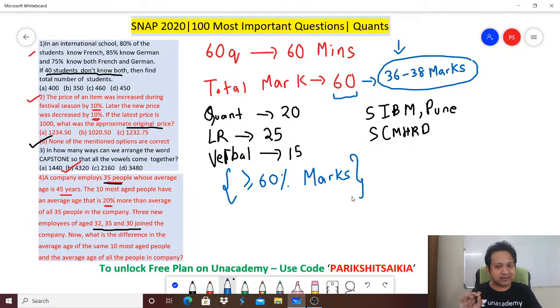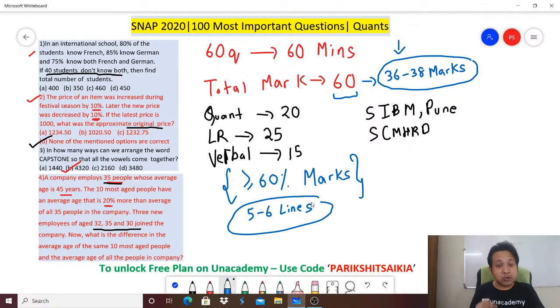And another thing I must tell you here, if you are serious about choosing the easy questions, do not attempt anything which is 5-6 lines long. Some of the questions in the SNAP are 5 to 6 lines. You need to be smart and leave out these 5-6 liners, because SNAP will have a lot of 1, 2, 3 liner questions which will not be time consuming. Especially if you see a puzzle type, it's 6 lines, it might not be worth attempting.